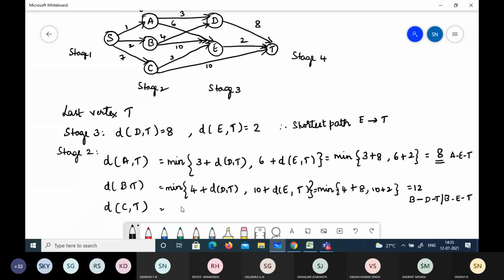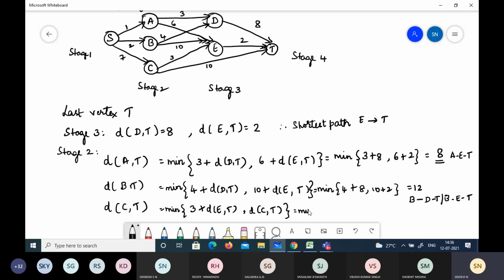Right? Okay. Now, C to T. Minimum distance. From C, how many paths? Again 2 I have. C to E is 3 plus E to T, we already have a path. So we'll just first write it this way, E to T, and then this one directly, isn't it? So we can say distance from C to T. There is no intermediate vertex here. So directly we should write the C to T distance.